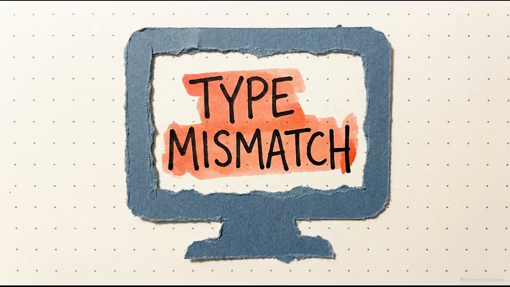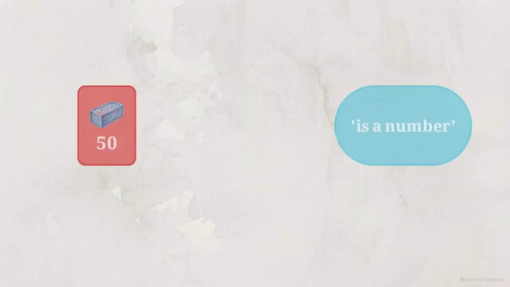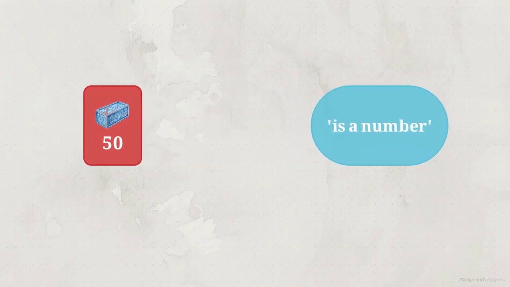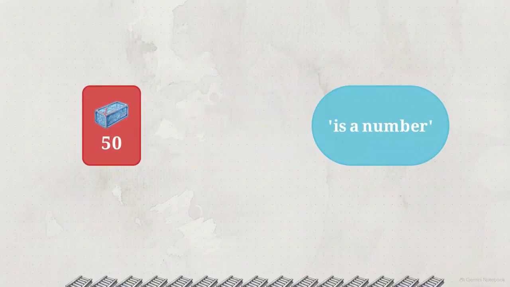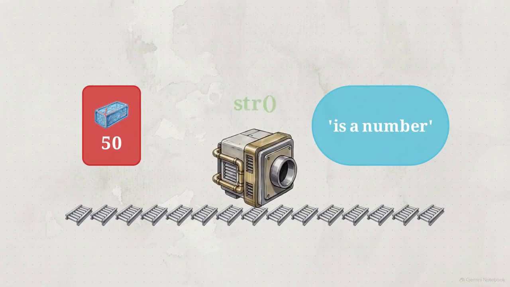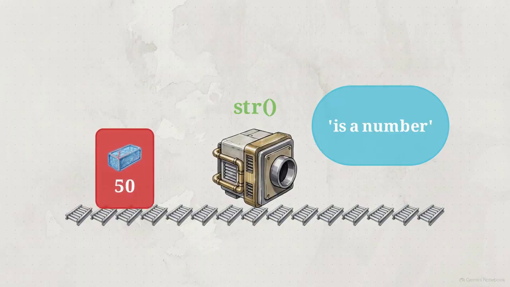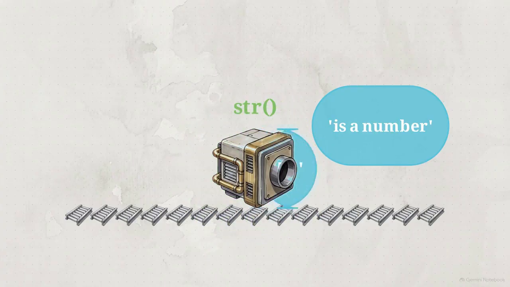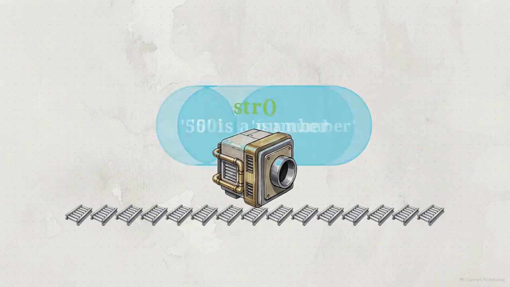We can now resolve the crash from Act 1. The integer 50 failed to combine with a string because the computer lacks the intuition to translate them. We fix this using type conversion functions. These act as translators, forcing one data type to take on the characteristics of another. By wrapping the number 50 in the str function, we convert it into text. It can now safely merge with the rest of the sentence.